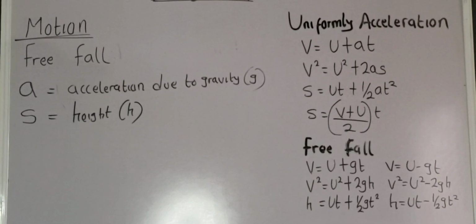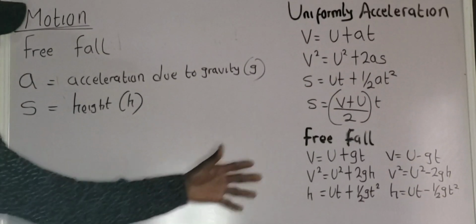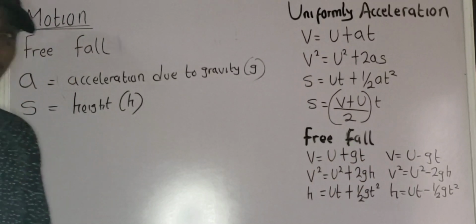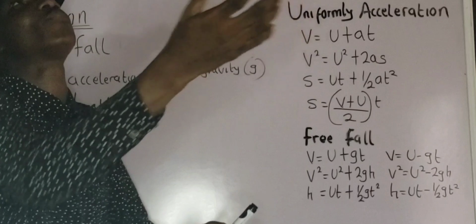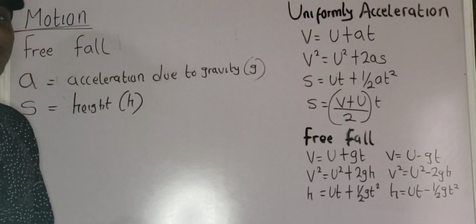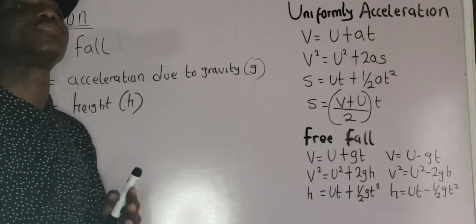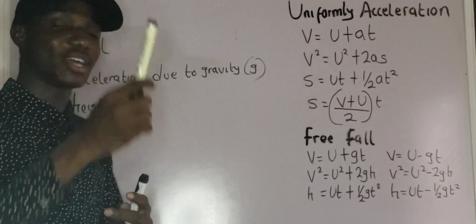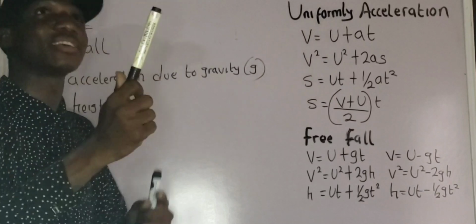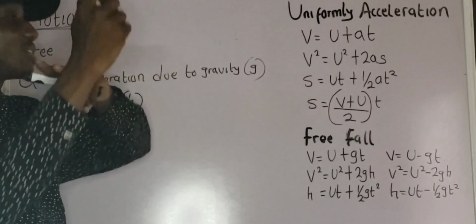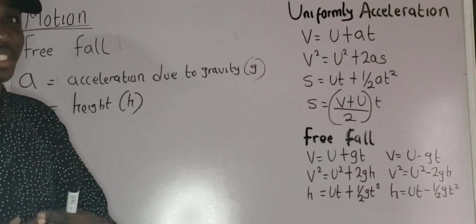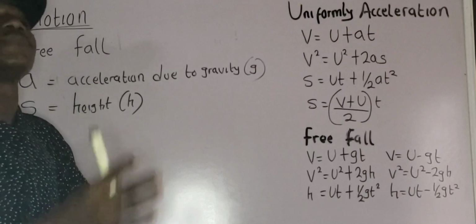Okay, now let us proceed. The reason why we have two versions of this equation is because, look at this. Immediately I throw this marker up, what happens to the marker? It comes down. Why does the marker come down? The reason is because the force of gravity acts upon the marker. Are you getting it? When the marker is going up, the marker is acting against the force of gravity. You understand? So when the body is moving vertically upward,